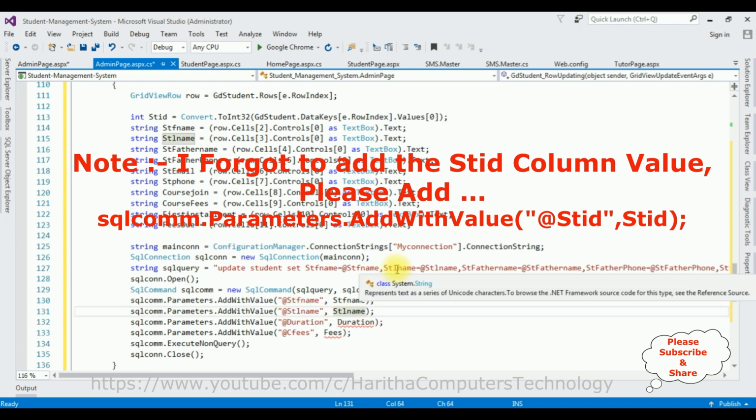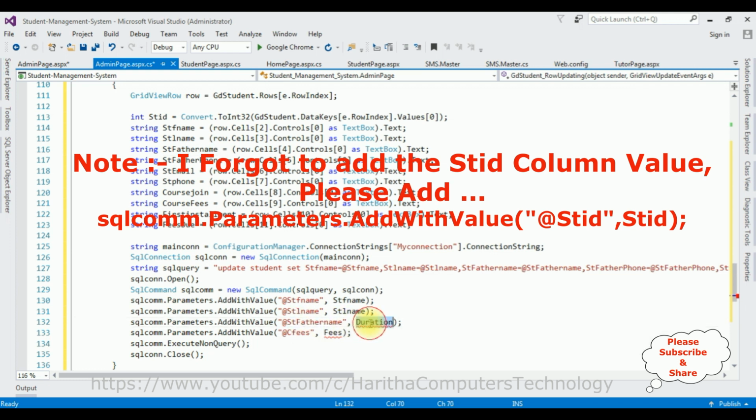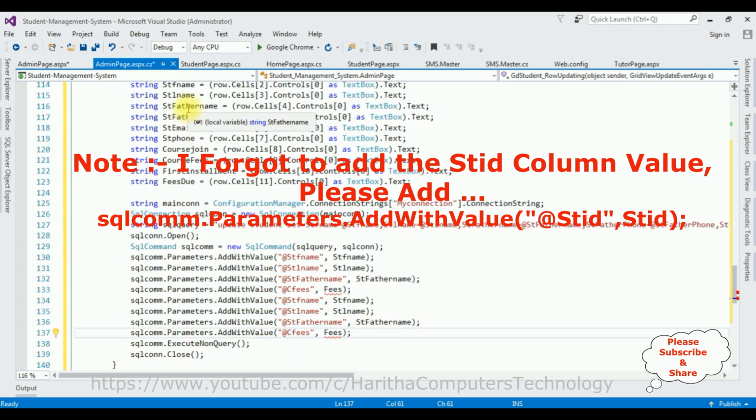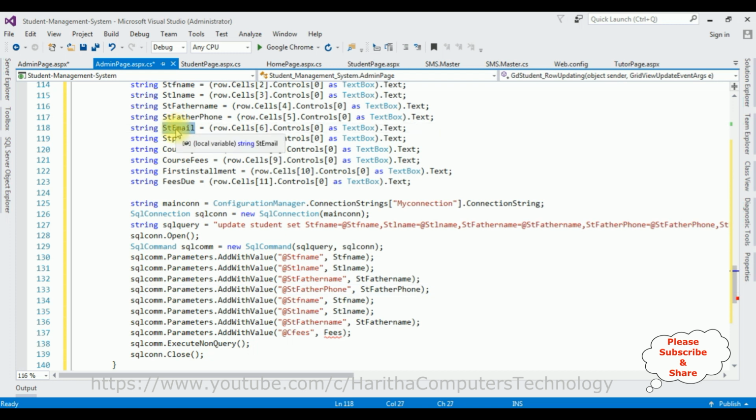Here the column names and the variables I have given are both the same, so I'm adding from here only, student father name, copy this one, paste here. After student father name, we require the student father phone, student email, student phone,